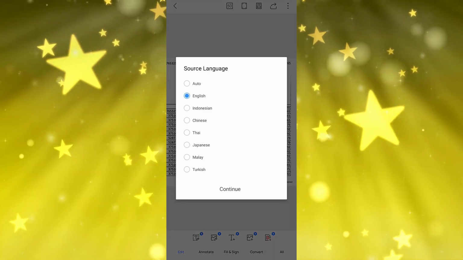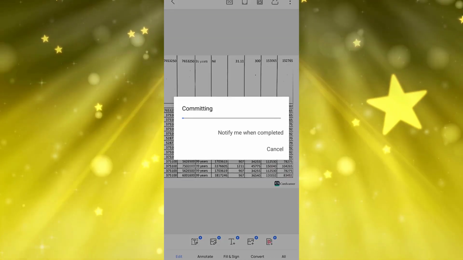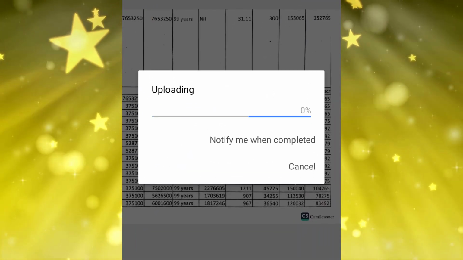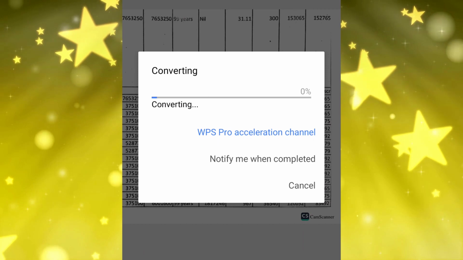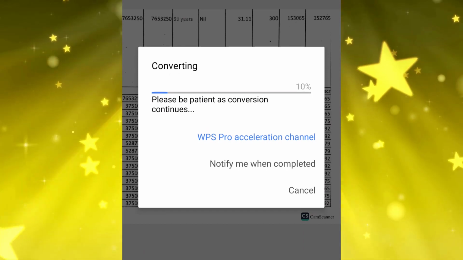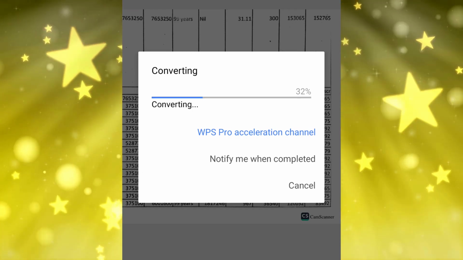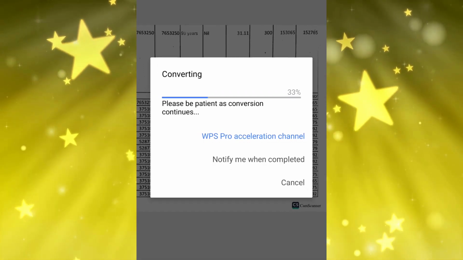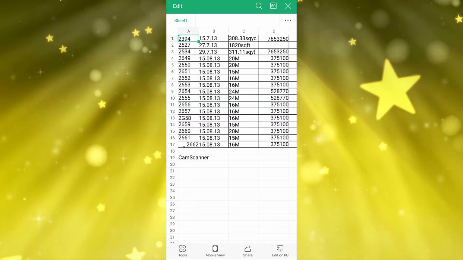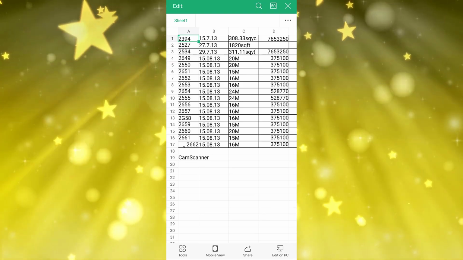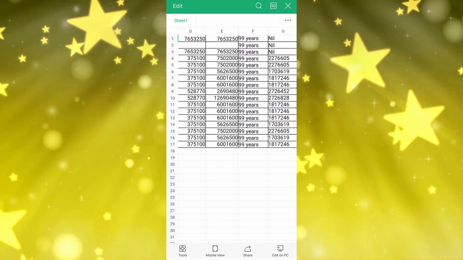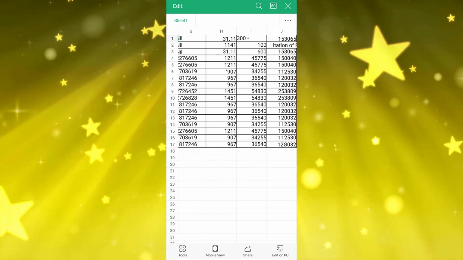Now select the source language and click Continue. As you click on Continue, PDF file will start converting into Excel file, and it will only take a few seconds to complete this process. Now you can see that the PDF file has been converted into an Excel format and is ready to be